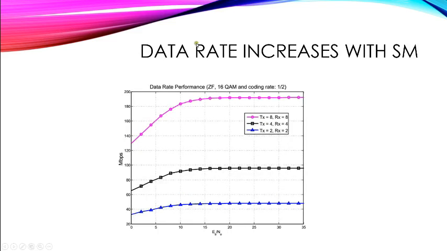And finally, I show the data rate that increases with spatial multiplexing. I have 2 by 2, 4 by 4, and 8 by 8 using 16-QAM with a convolutional code of rate 1/2. I didn't simulate the maximum data rate, which would be achieved with 64-QAM, because the convolutional code doesn't use the 1/2 rate anymore. But I think this proves